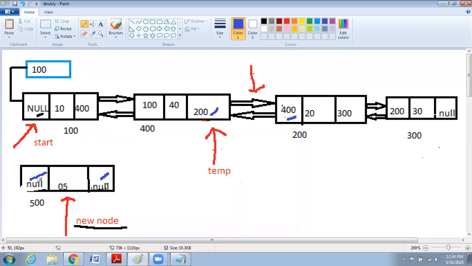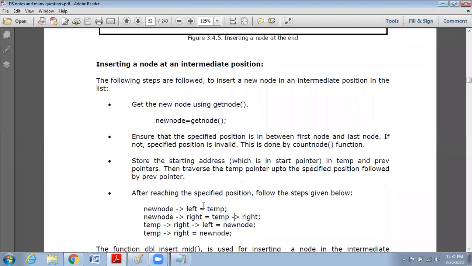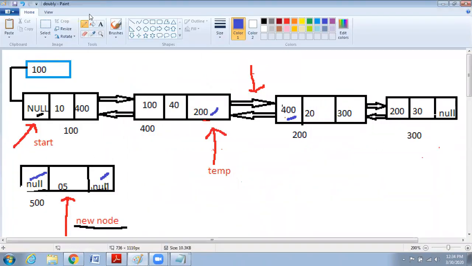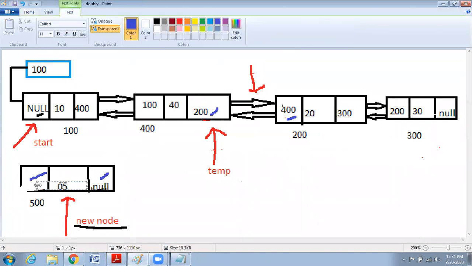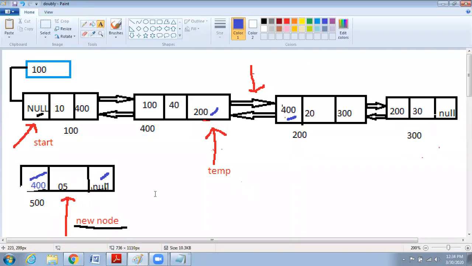New node's left equals temp. So now, what value will come here? 400. Guys, everyone can answer. Without understanding, you really cannot make it out.